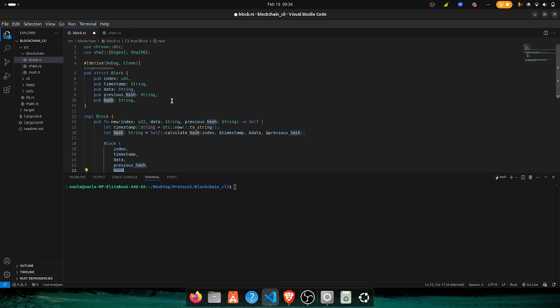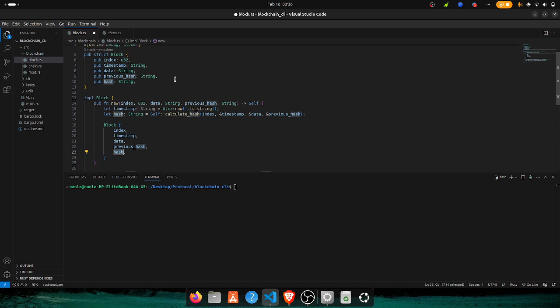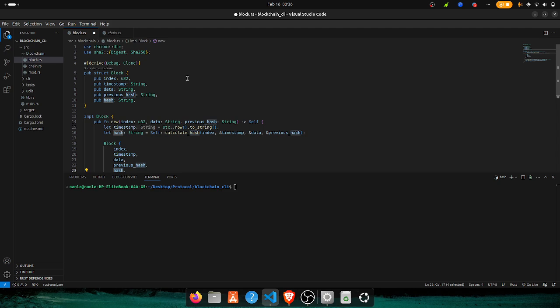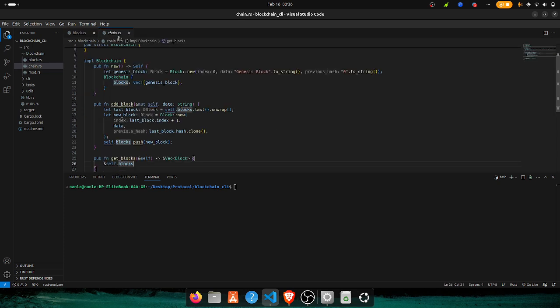So basically what the block.rs file does is that it creates a new block for me. Every time you want to create a new block on the blockchain network, these are the functions you call. Now for the chain.rs file,